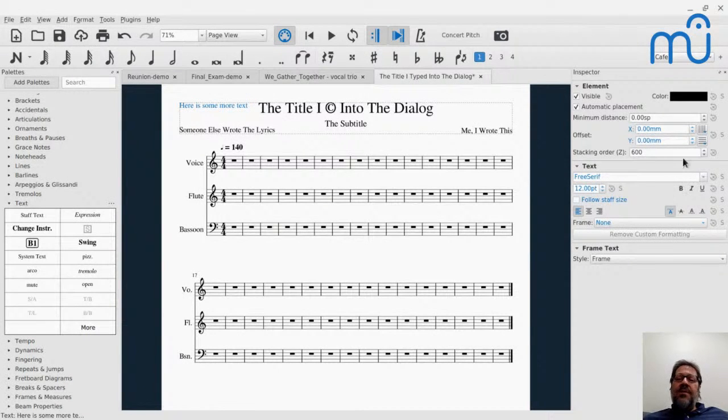But over here in the inspector are the controls for that. You'll see it's right aligned. Well, I can make it be centered, or left aligned, or right aligned. It's aligned to the top of the frame, but I can make it be the middle of the frame or the bottom of the frame. So that's a way to position things the way you want, maybe centered and at the bottom is a good place.